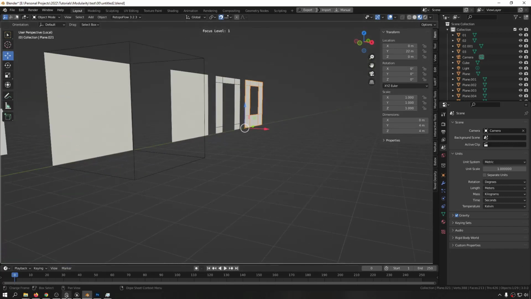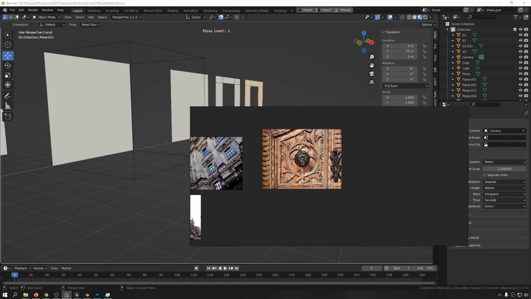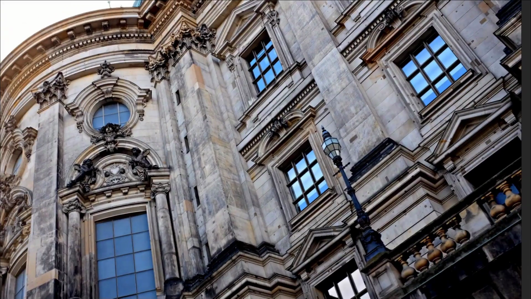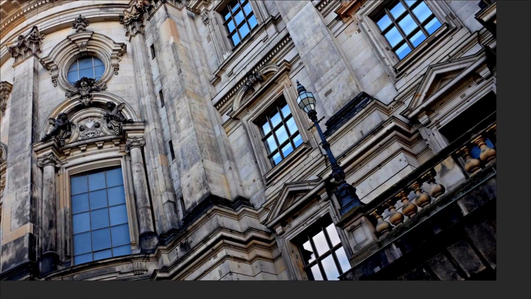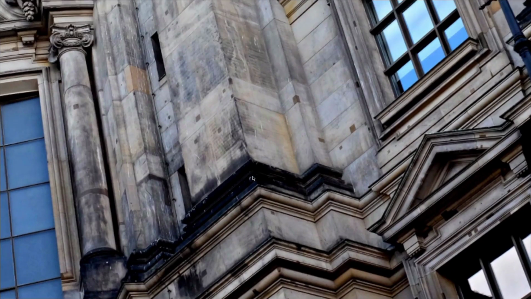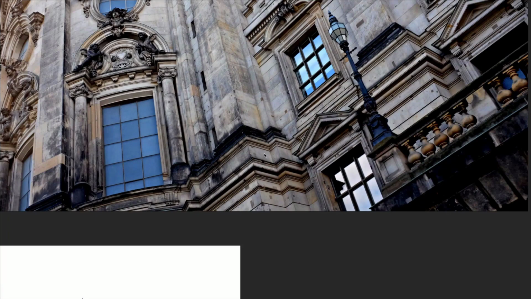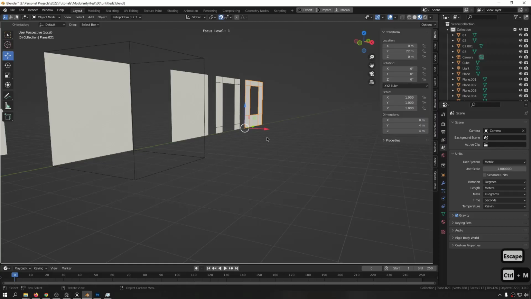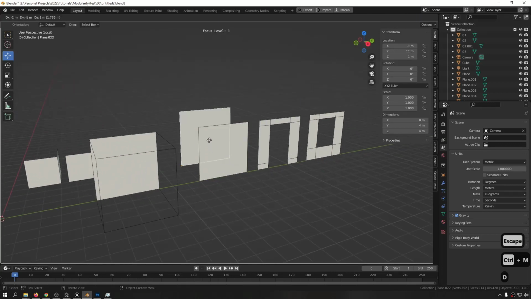Let's go look at the references, and in here you see that in such a place there is a floor kit as well. It doesn't connect to the top piece with anything. You see, it's the ceiling of the bottom floor, and this is the floor of the top floor. And in here we have something that stays in between. This is the ground, and we could go and try to